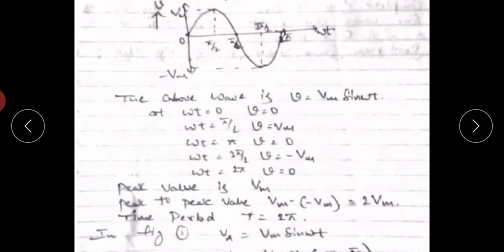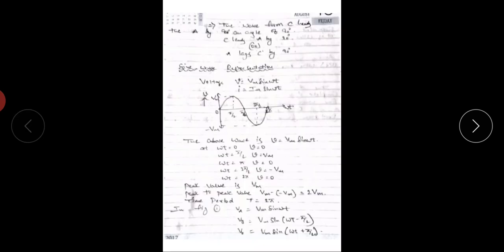So this is the phase of the sine wave. Mainly, the angle difference between any two signals is called phase difference, and the angle difference between voltage and current signals is called phase angle. Here A and B are two signals, which may be different or the same type. It means they may be voltage signals or current signals.